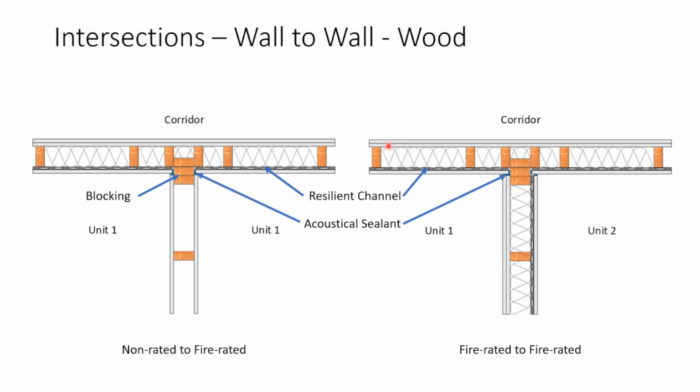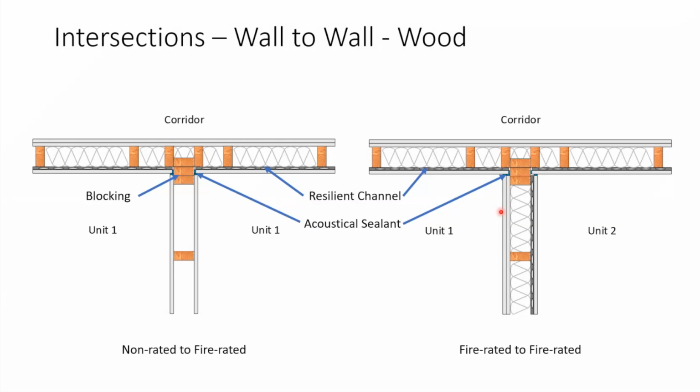Or oftentimes, especially here in the Northwest, where we're in a big seismic zone, you'll have shear panels on the corridor side, because oftentimes you'll have kitchens and bathrooms on this side, and having the shear panel there makes it really hard to run all those services in your wall. So they'll often put the shear panel on the other side, and then, as we've shown before, putting the resilient channel over the shear panel doesn't work. So there are a lot of different details to deal with in these. And again, you've got to think through all of those and figure out what's the best solution for your